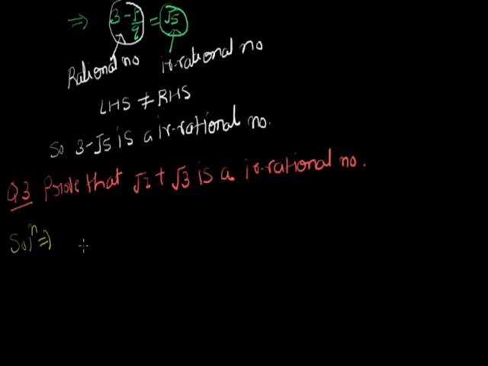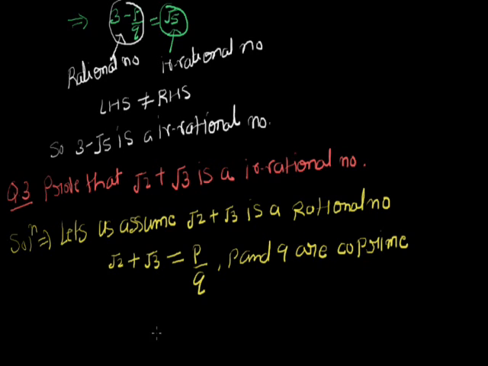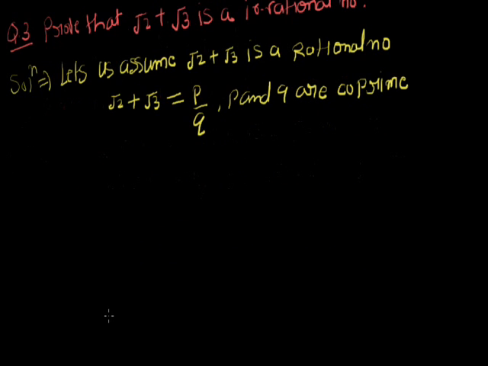Again, we will assume that root 2 plus root 3 is a rational number. So we can write root 2 plus root 3 in the form of p by q, where p and q are co-prime. Now, for removing the square root, we can square both sides. So, on squaring both sides,